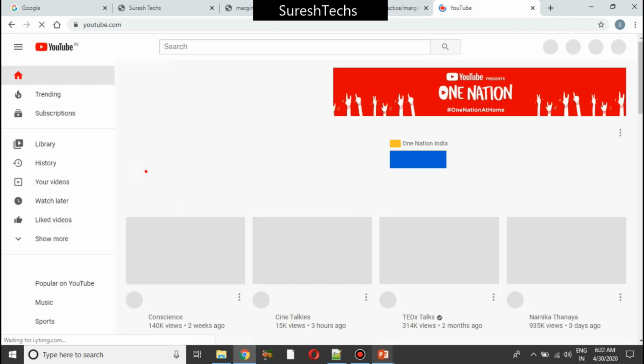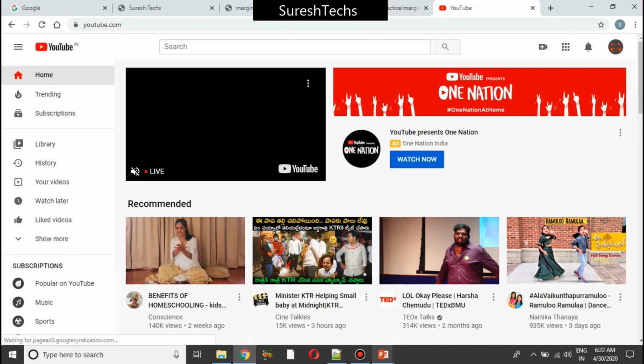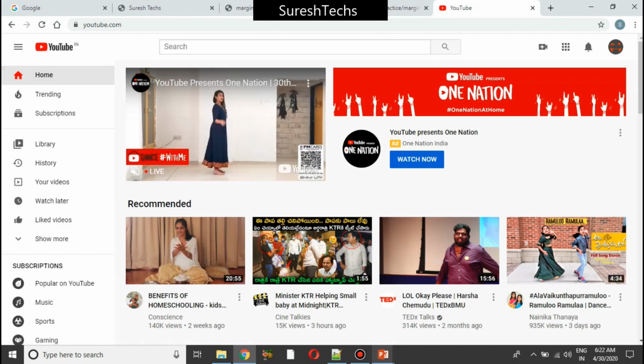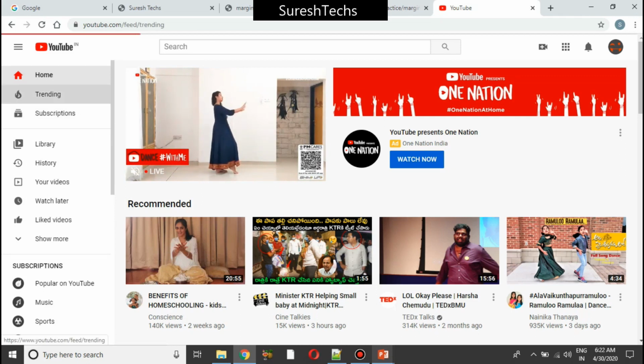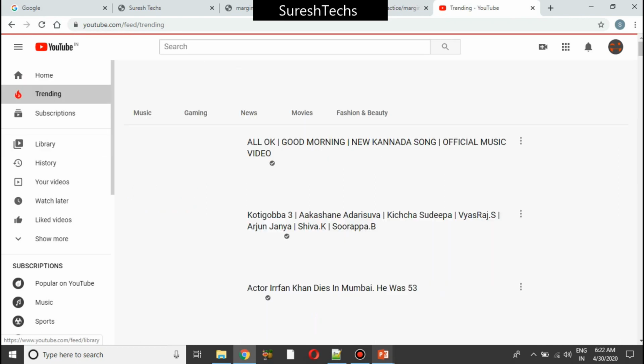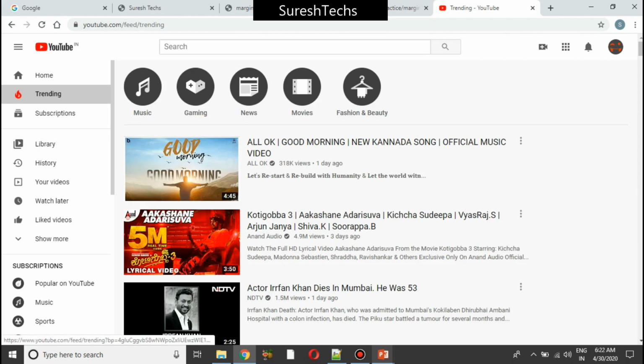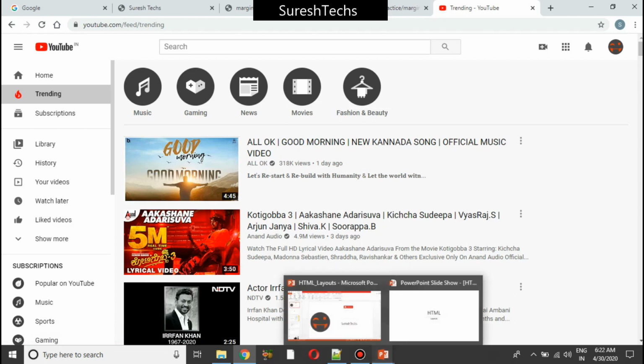If you look at the top, you have a few elements which is called a header. And similarly, if you look at the left side, you have many items available using which you can navigate between the screens. For example, if you want to go to trending, you will click on trending. So what is there on the left side is called a navigation bar. These are the different semantic elements which are part of the layout.